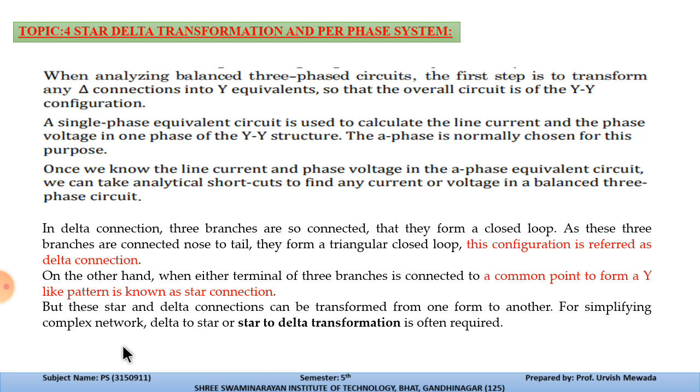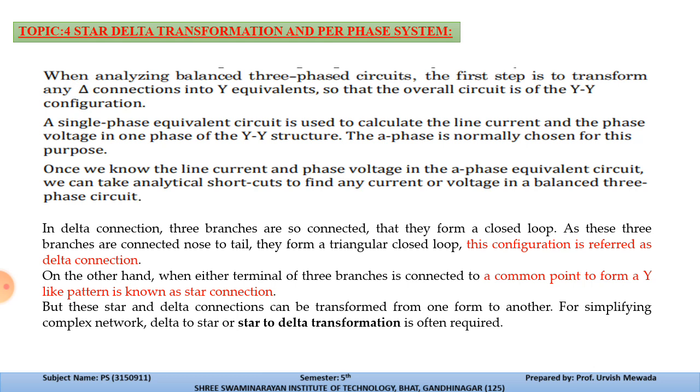Now the star and delta connection can be transformed from one form to another, for simplifying the complex network, delta to star or star to delta transformation. Generally, such kind of transformation is required to calculate the per phase voltage. Power is generally transmitted from the generating station through the delta transformer, then at the transmission line it is transmitted again from the delta, and at the distribution system, the power received from the delta will be further converted into the star, because